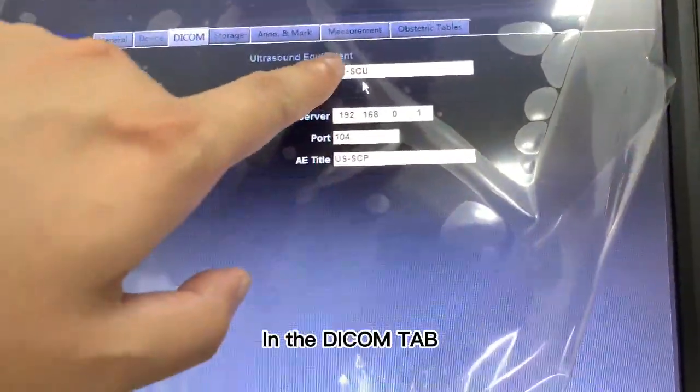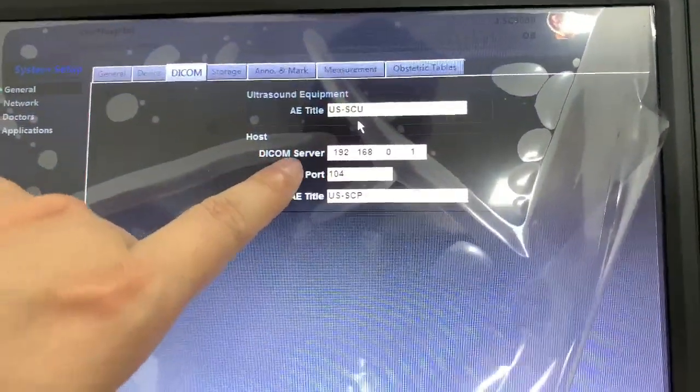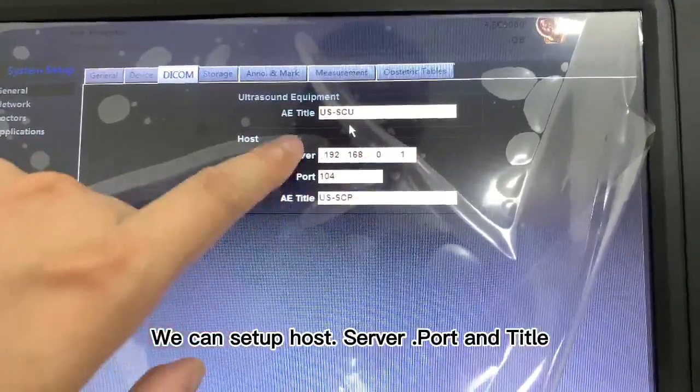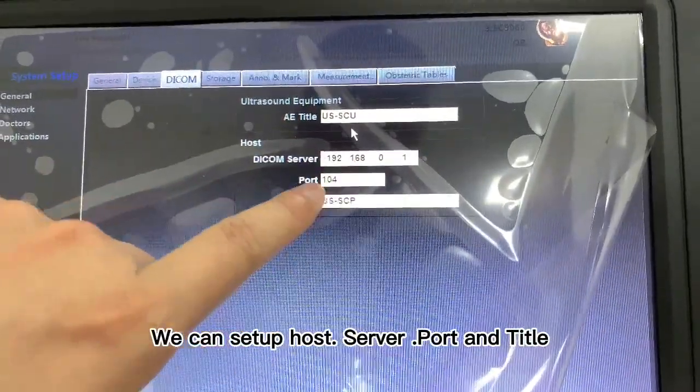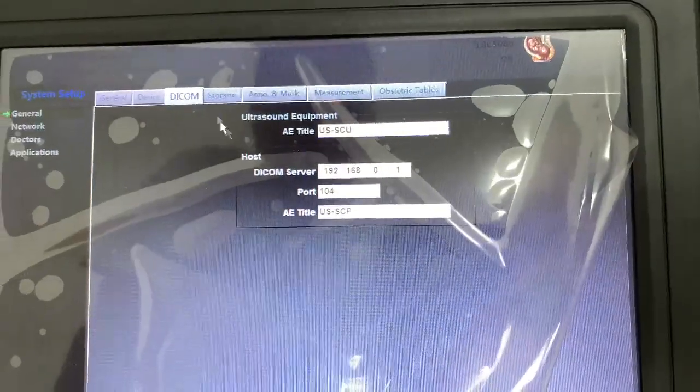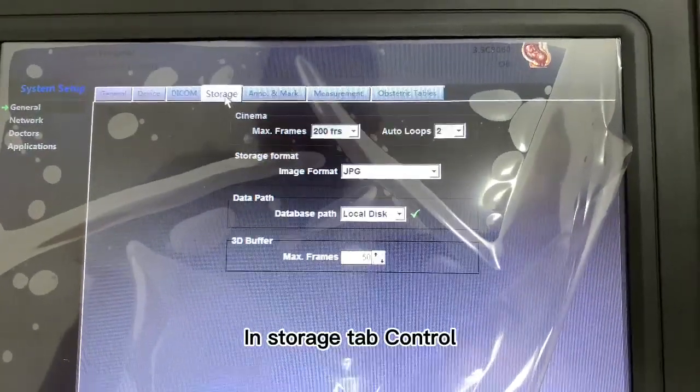In the DICOM tab, we can set up host, server, port, and title. In the Storage tab control,